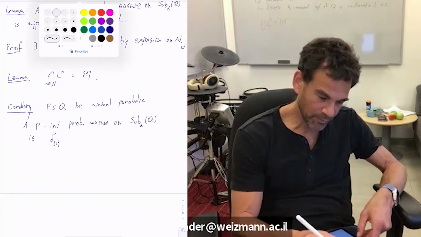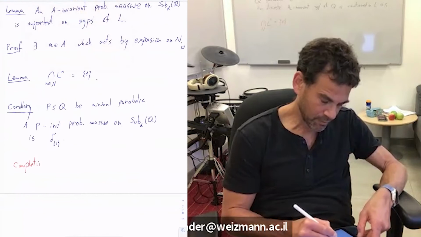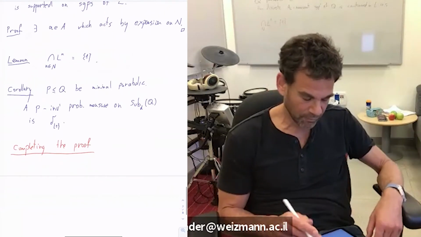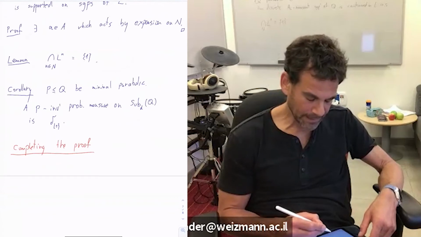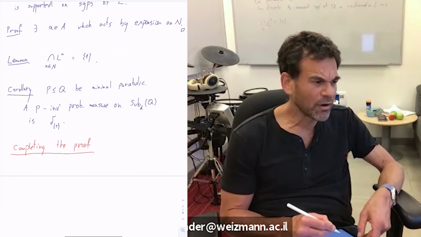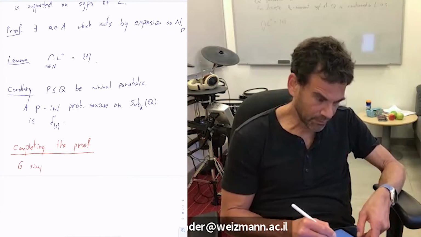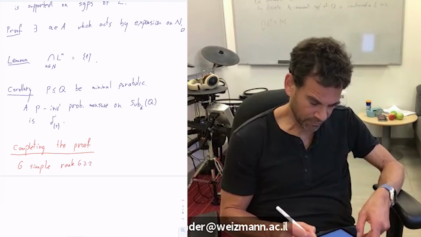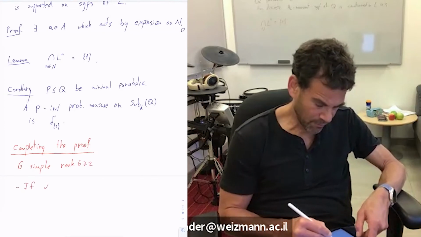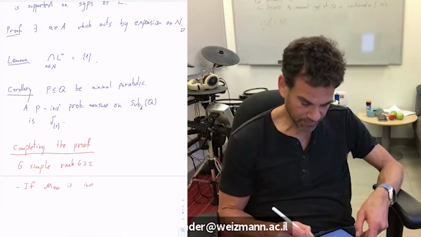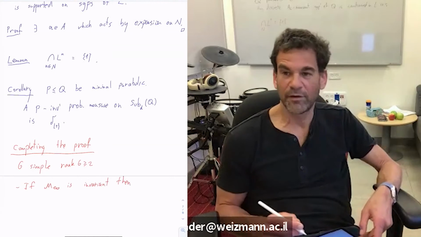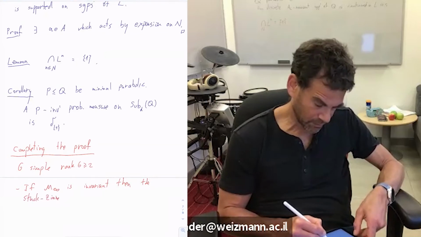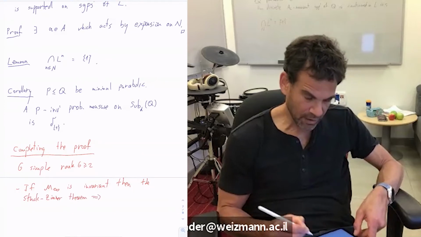So let's now complete the proof of the theorem. As you see, in the simple case, it's really straightforward. So, okay, G is simple, and the rank of G is at least 2. So then if mu infinity is invariant, then the Stuck-Zimmer theorem tells us that